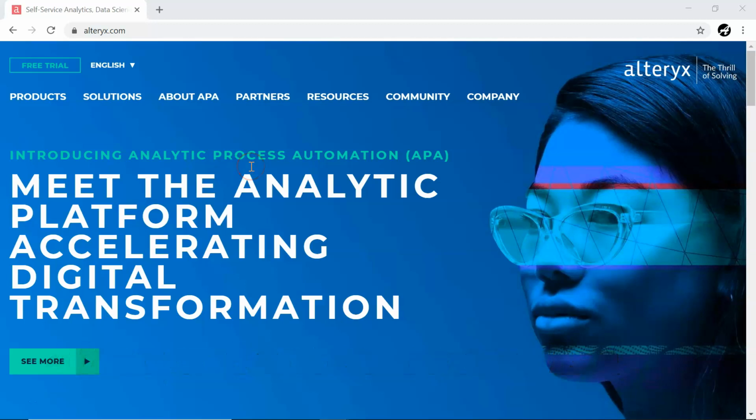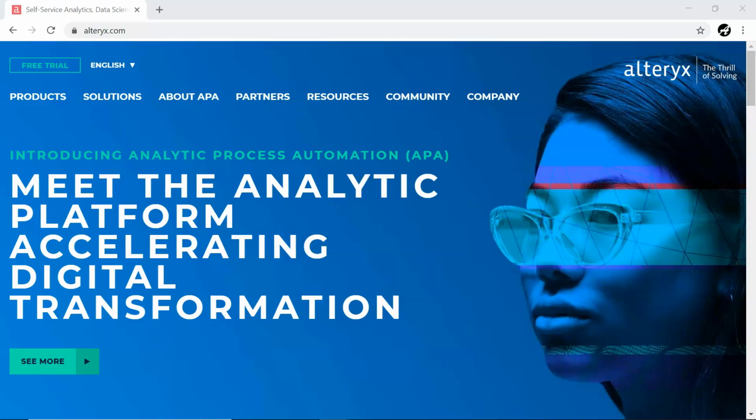So what exactly is Alteryx? Alteryx is one of the process automation data science tools. Let's say you don't know about programming, you don't know what Python is, you don't know what R or any other programming language is, you don't know about SQL. And still, if you want to analyze your data by just drag and drop, Alteryx is a tool for you. So it's like one of the process automation tools for data science people.